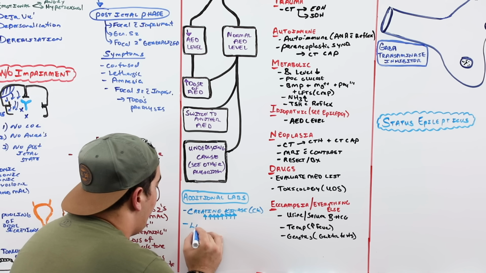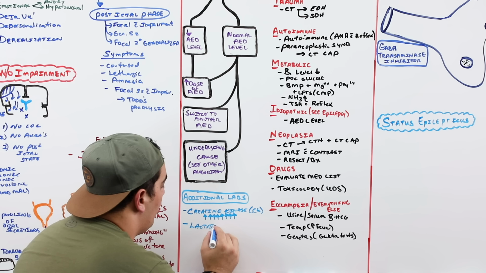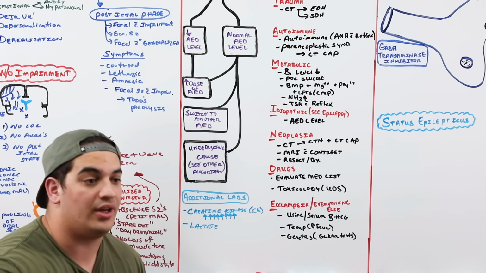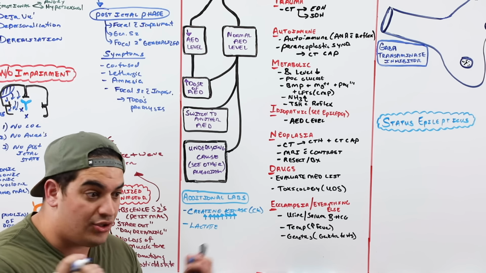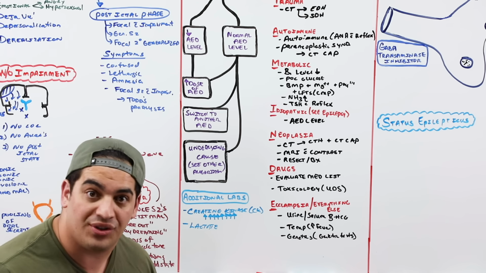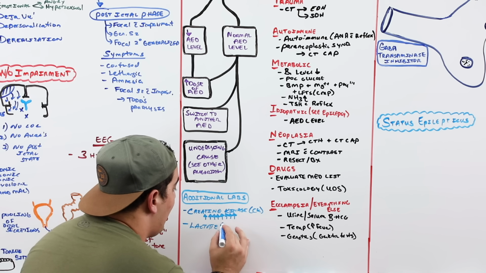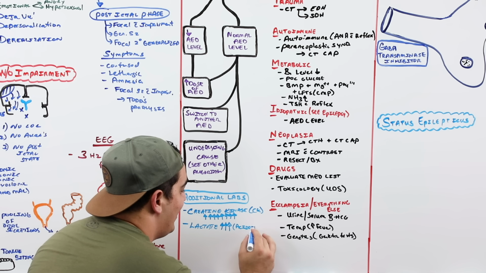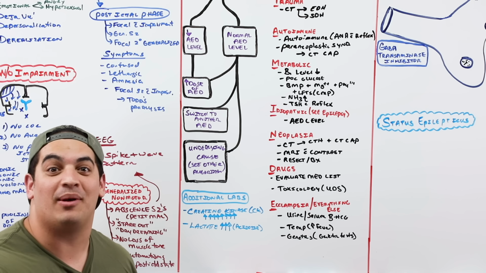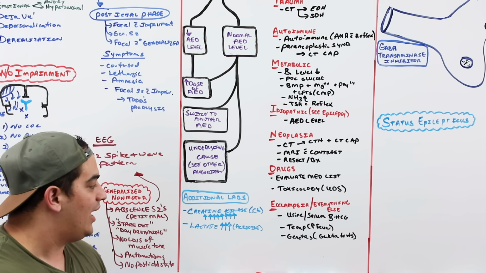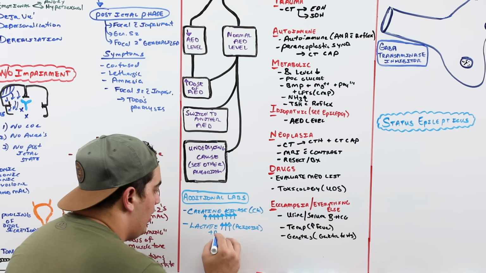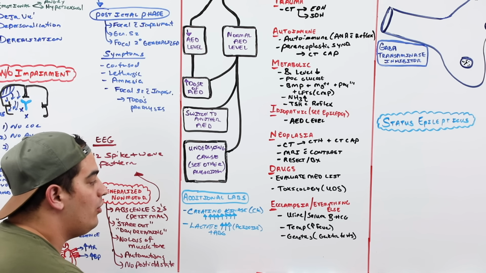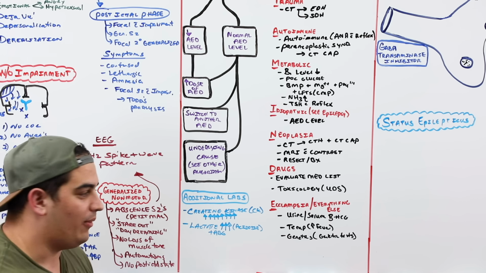The other thing is, whenever your muscles are constantly consuming so much oxygen to break down glucose, make ATP so that your muscles can keep contracting when they're in this seizure state, it can increase the lactate. And it can lead to an acidosis. What type of acidosis? A lactic acidosis, type B lactic acidosis. And so sometimes you may even add on an ABG to help with that process. But getting a lactate level, getting a CK can also be important.